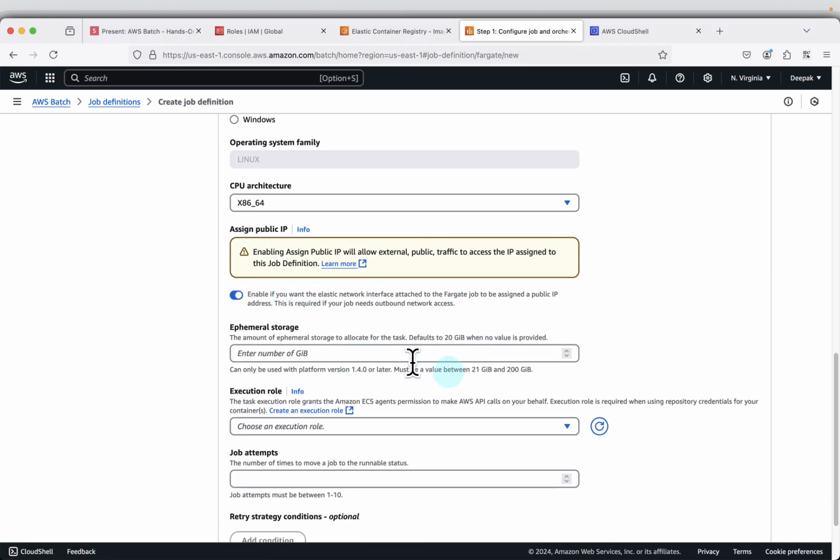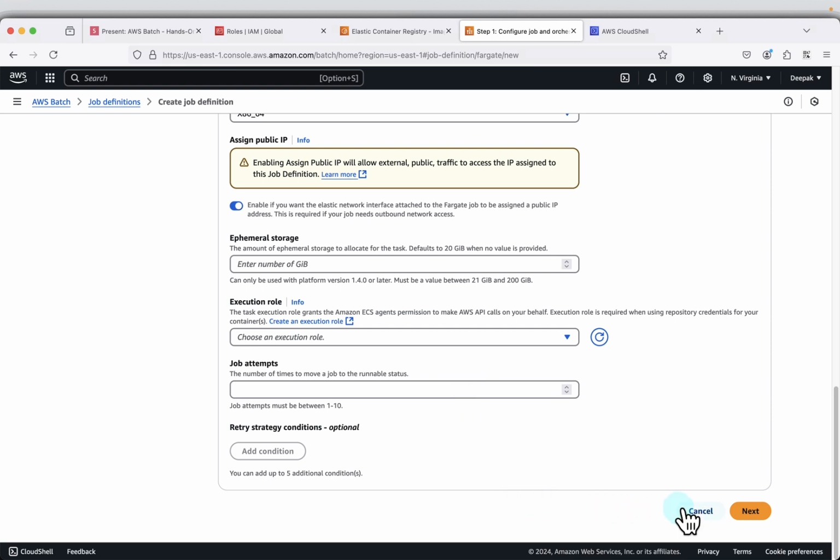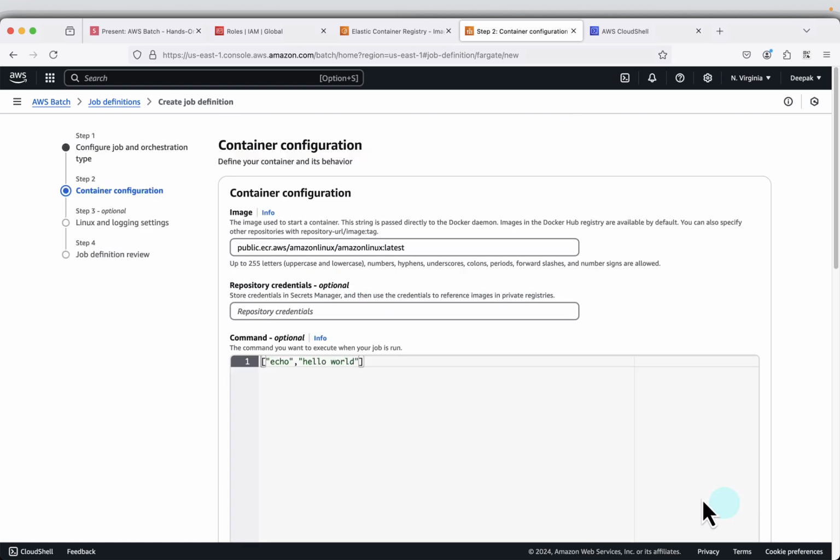assign public IP default option, and here for execution role, make sure you select the ECS task execution role, because this has the permission to work with ECS as well as to fetch the S3 bucket and the data file. Then click on next,